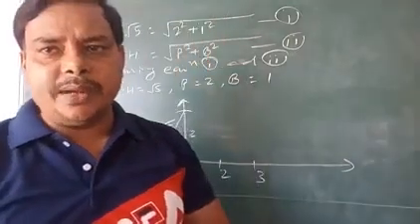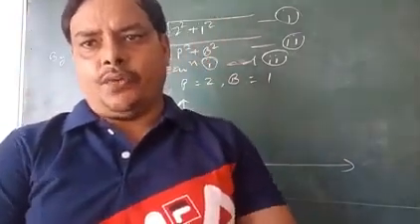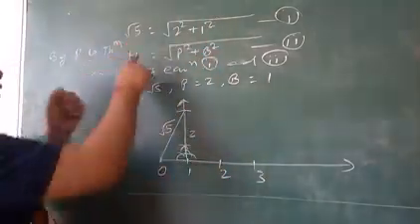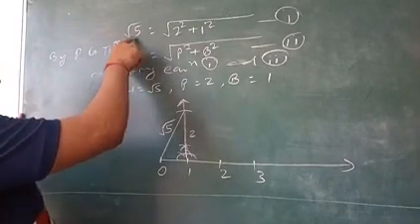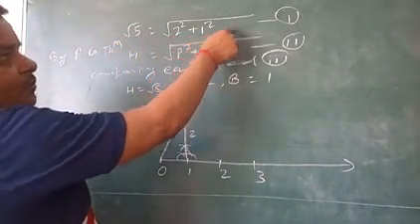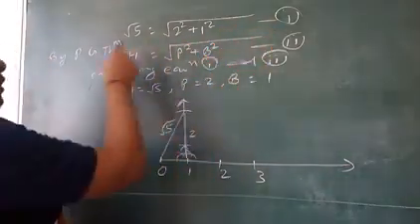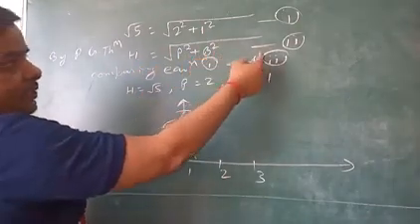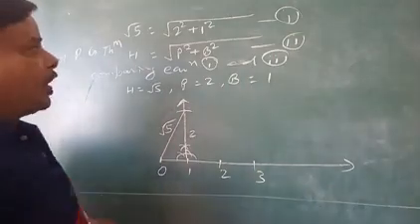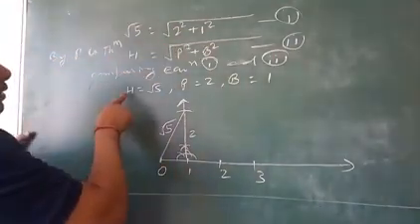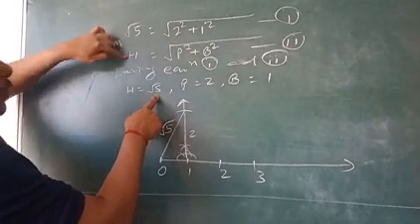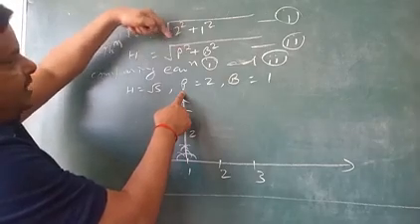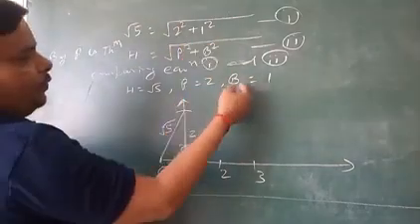Now the second method for representing root 5 on the number line. The second method is based on the Pythagoras theorem. Dear students, we can write root 5 equal to under root 2 square plus 1 square. By Pythagoras theorem, hypotenuse equal to under root p square plus b square, as you know; it is equation number 2. Now comparing equations first and second, h equal to root 5, h equal to root 5 and p equal to 2. P square equal to 2 square, square cancel, it means p equal to 2. Similarly here b equal to 1.